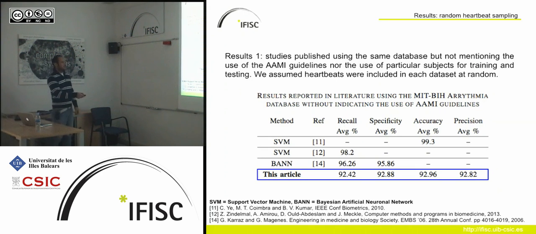If we do that, then these are our results here. The thing we can say over here is that they are comparable with all the results that are published by other studies. However, there is a kind of trap there because for training and testing, you are using heartbeats from the same patient because they are mixed randomly. And then there is a kind of dynamics that you saw during the training step that you are using for the testing. So this is not the ideal case. We just need it for comparison purposes.